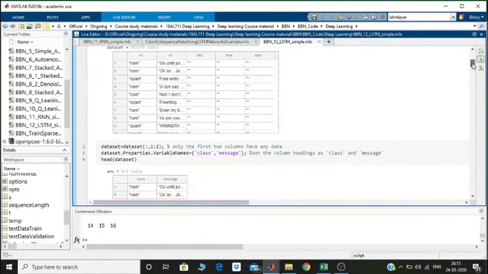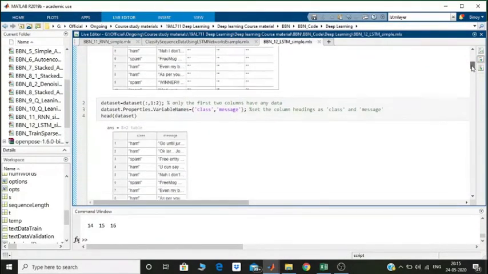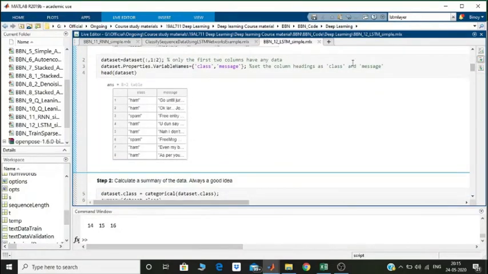After this, we just pick the first and the second column only. So all rows, first and second columns only. And I just overwrite the previous 5-column data set. Then I set the properties of the table that I have read just now and give the column headings as class and message.